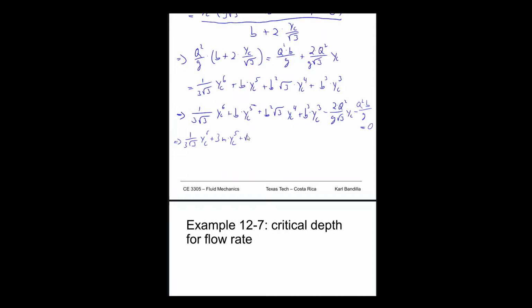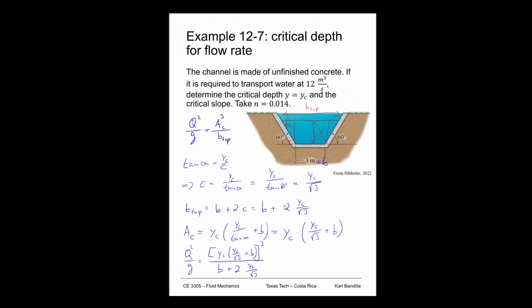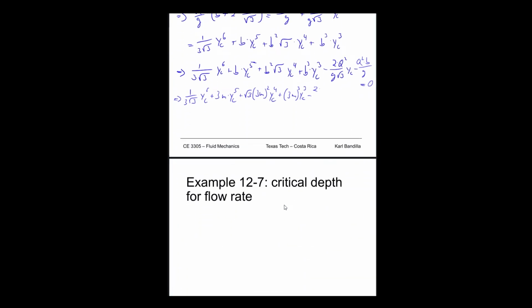Then we have, let's put the square root on front here, times 3 meters squared times yc to the 4th plus 3 meters to the 3rd power yc to the 3rd minus 2 times our flow rate, 12 cubic meters per second,